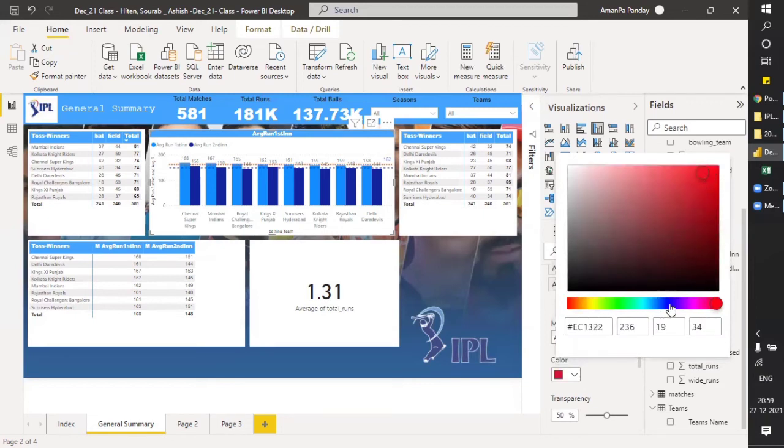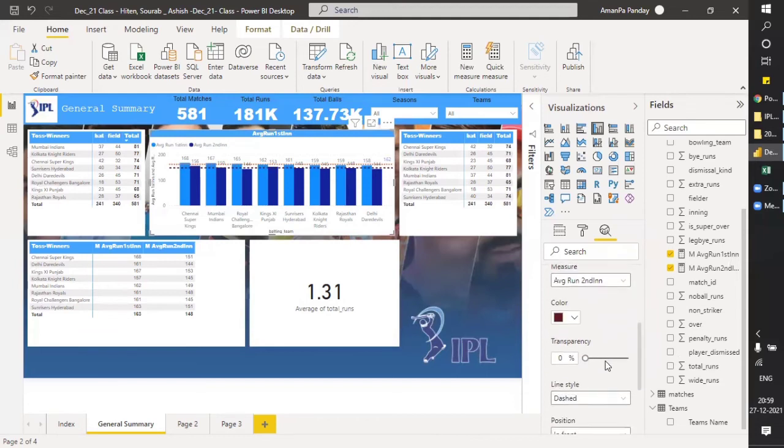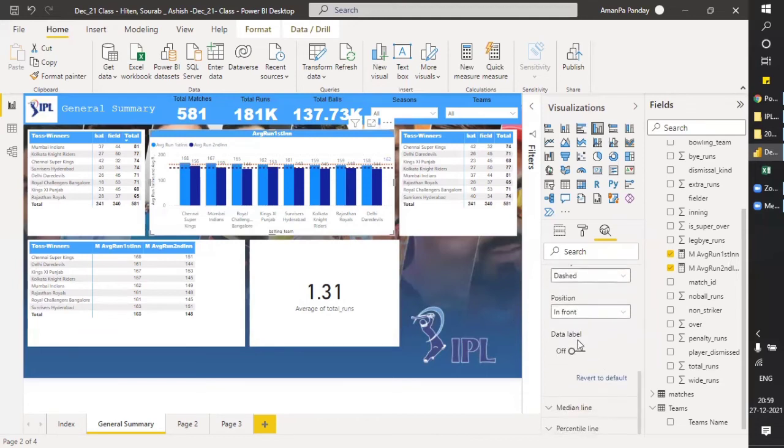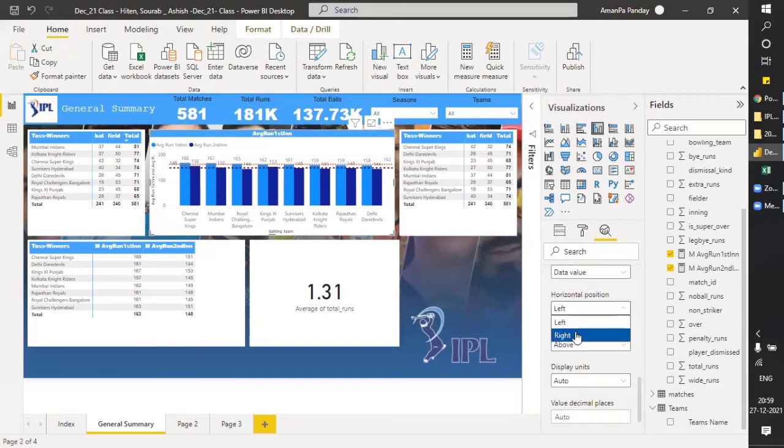Which one should we take? It's visible. Font 11. It's not showing on the right. Let's make it on the left.